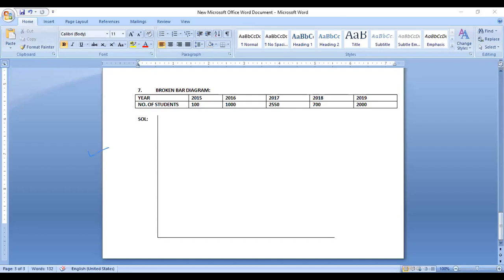line diagrams. Just for revision purpose, line diagrams are simply drawn with a line like this. Simple bar diagram. This is simple bar diagram. Only single variable will be shown. Subdivided is the simple bar diagram only. Divisions will be there. This is male, female, like that. In percentage, all bars will be of equal height in percentage. Total will be made equal to 100 and divisions will be shown. Okay.